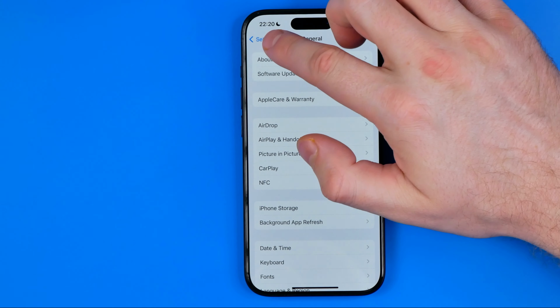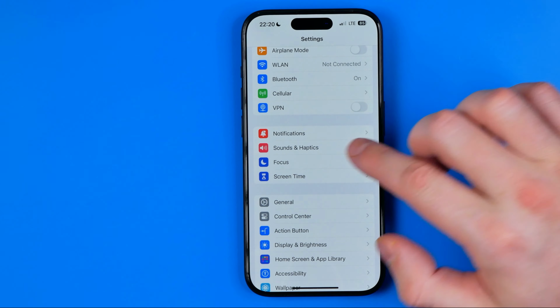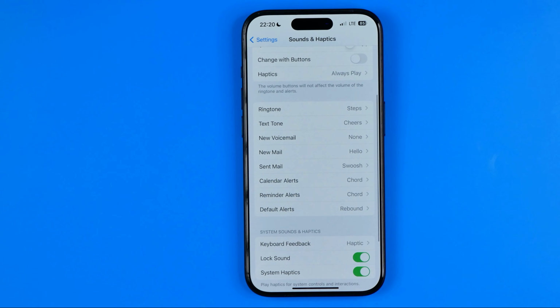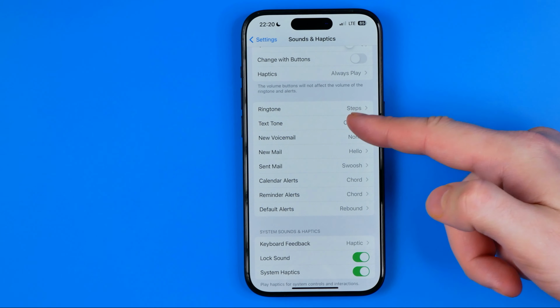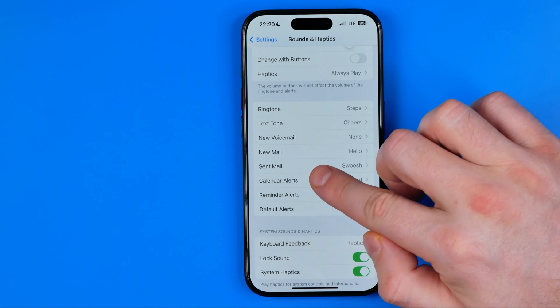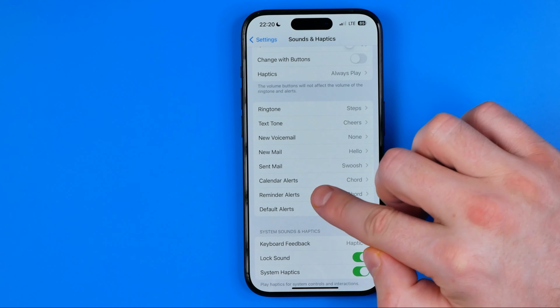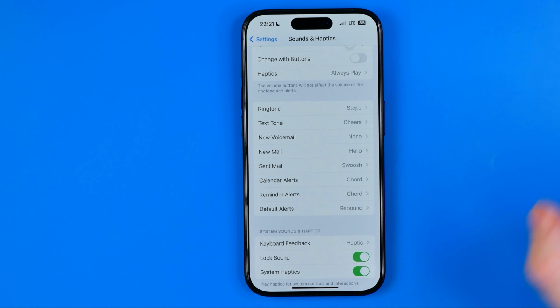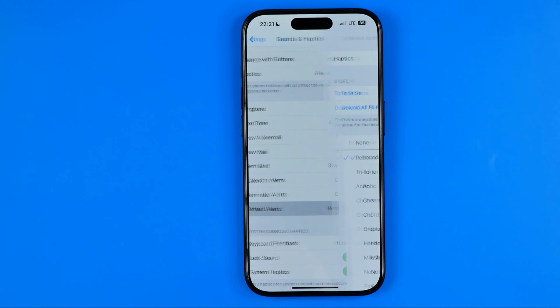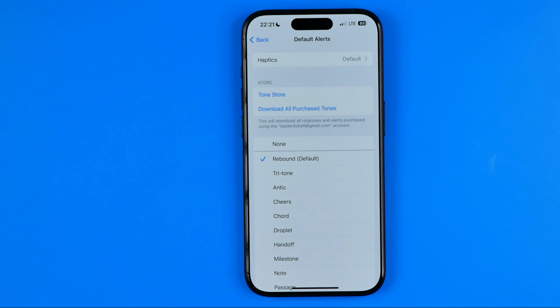Once it is done, head back to Settings and then tap Sounds and Haptics. If you scroll down a bit, here you can easily change the default notification sound for ringtone, text tone, new voicemail, new mail, sent mail, calendar alerts, and reminder alerts. And also there is a new setting here which is called Default Alerts, that appears on iOS 17.2 and later versions,